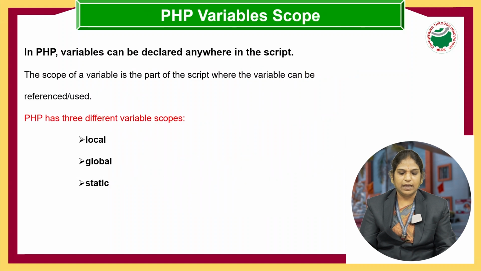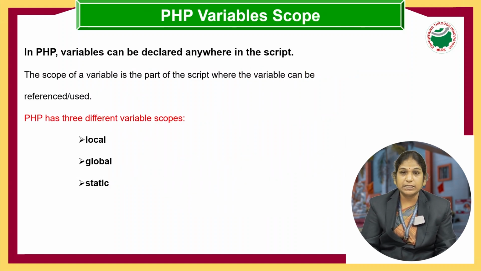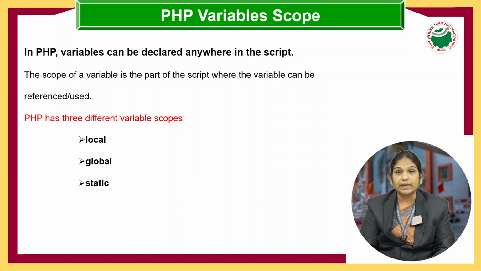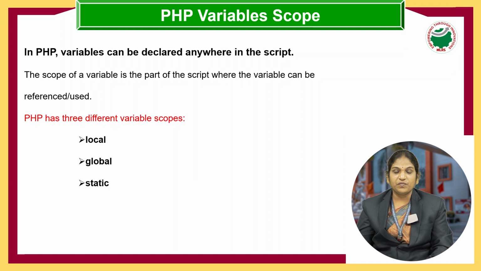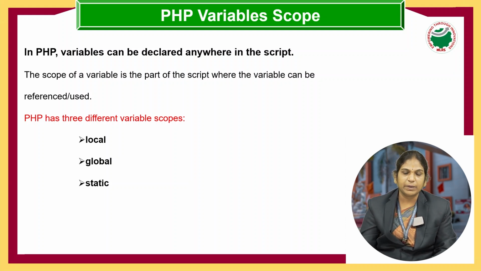And next thing, PHP variable scopes. Here PHP is supporting 3 types of variable scopes, that is the local, global and the static. And what is the scope? It means to which extent that particular variable is going to be valid or it can be used. The scope of the variable is the part of the script to which extent that variable can be referred